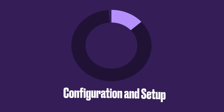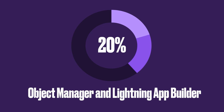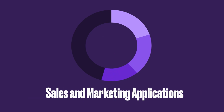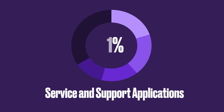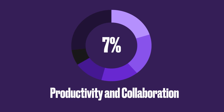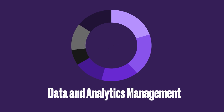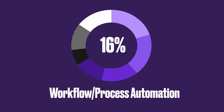The exam is split into 7 topics: configuration and setup at 20%, object manager and Lightning App Builder at 20%, sales and marketing applications at 12%, service and support applications at 11%, productivity and collaboration at 7%, data and analytics management at 14%, and workflow and process automation at 16%. Let's take a look in more depth at the 4 key topics in this exam that make up the majority